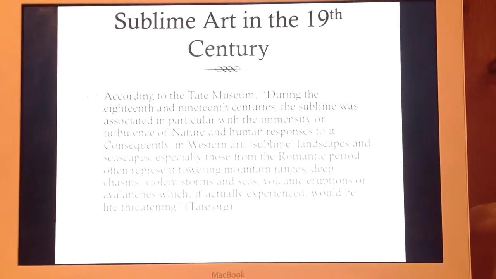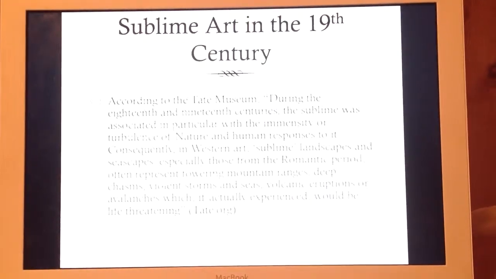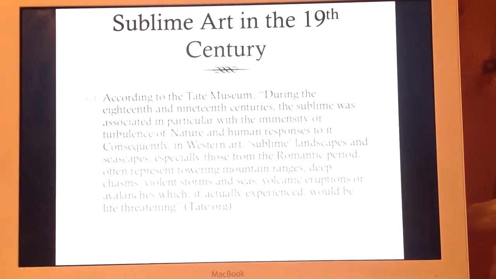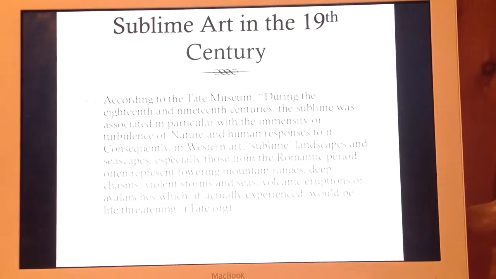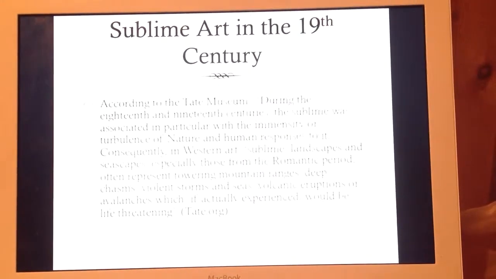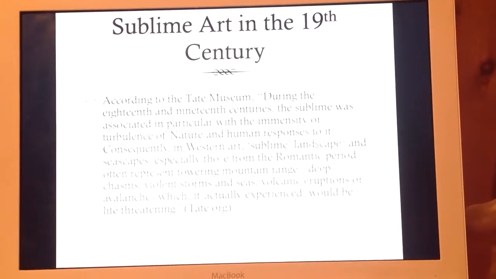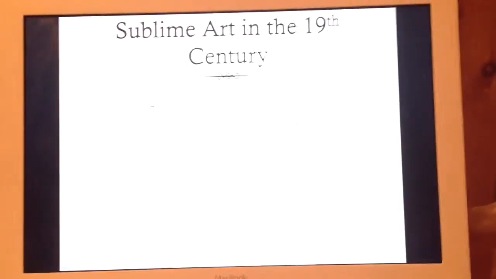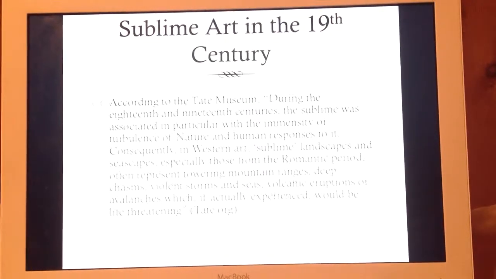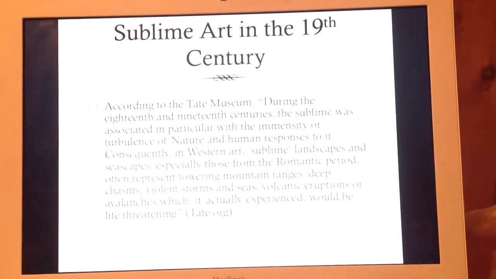You'll see in my presentation once we get to contemporary art that I'd like to step outside the box and apply the term sublime to more than just landscape paintings. I think that now in contemporary time the term sublime has evolved and grown into something that it wasn't during the 19th century. It's no longer just the storm in the background or the out-of-place lightning bolt or maybe the native standing in the background that's sublime. I think it's something a little different now.